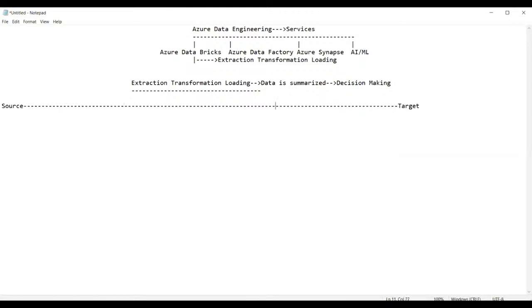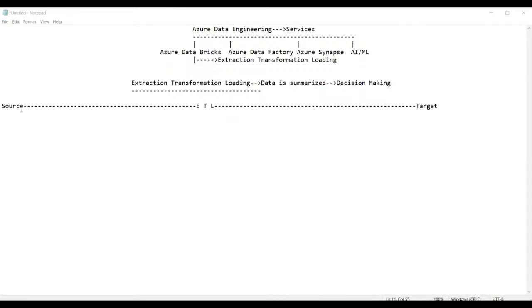Between the source and the target, this process of ETL is always applied, irrespective of whatever service we use. Generally, I'm talking about ETL: ETL is a process where the data is summarized.